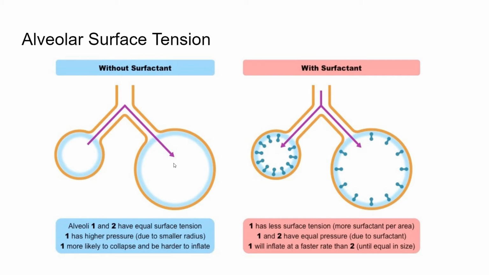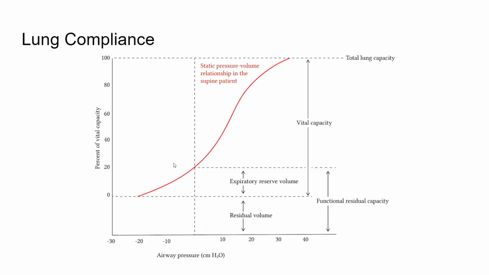Water is the thing that helps the diffusion of the gas, and so the surfactant then allows water to do that better because it decreases its surface tension and allows you to be able to breathe. There are things that can go wrong that can cause this. We'll talk about that in a minute. And then the last thing